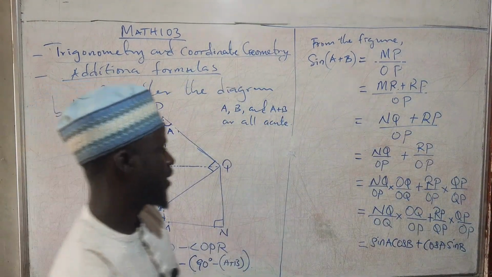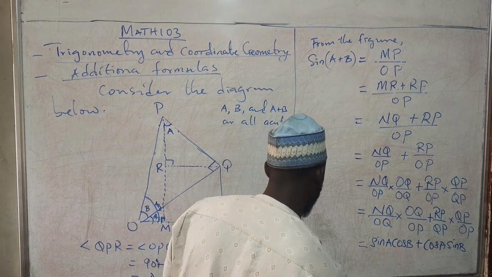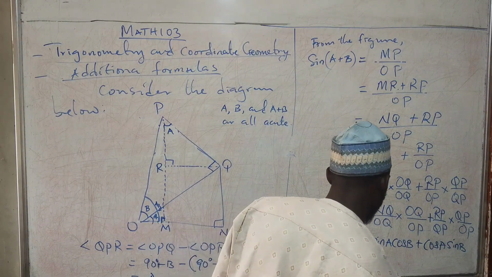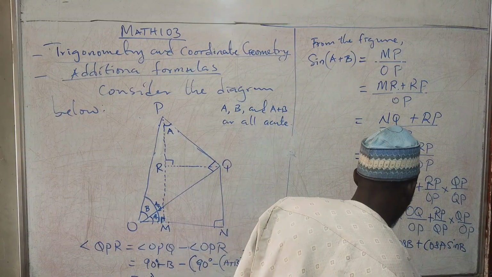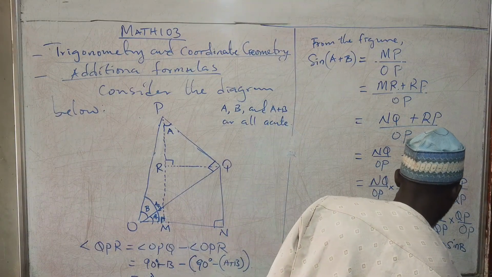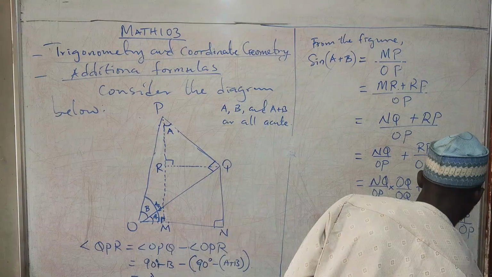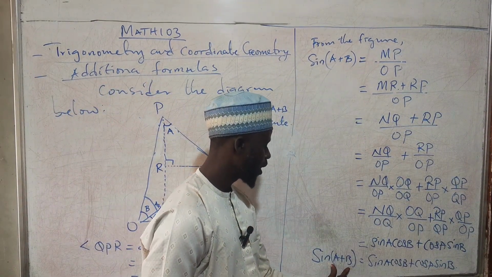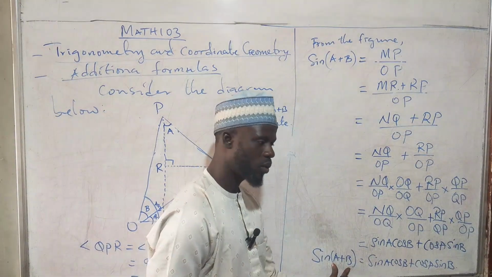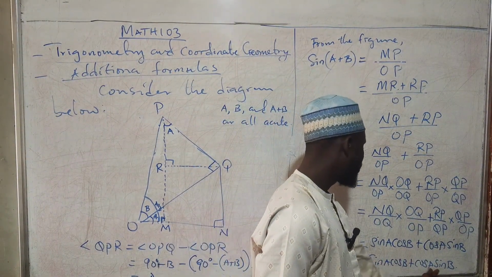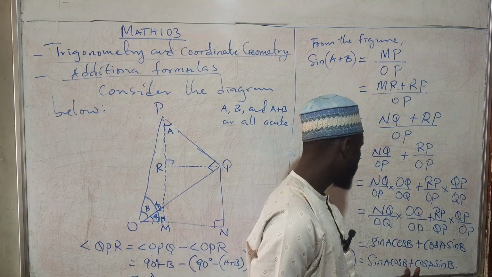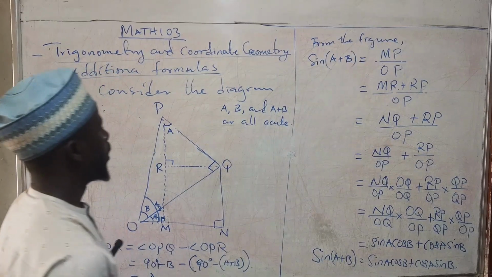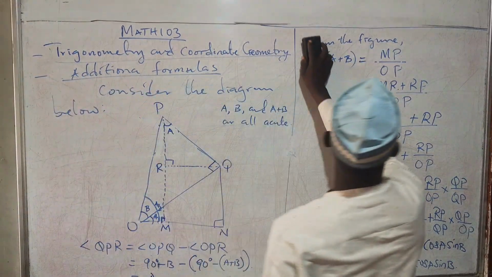So all I have is sine A plus B is equal to sine A cos B plus cos A sine B. So now I can express this ratio, the trigonometric ratio of the sum of A plus B, as the sum of the products of the individual trigonometric ratios of A and B. Okay, still from the figure,